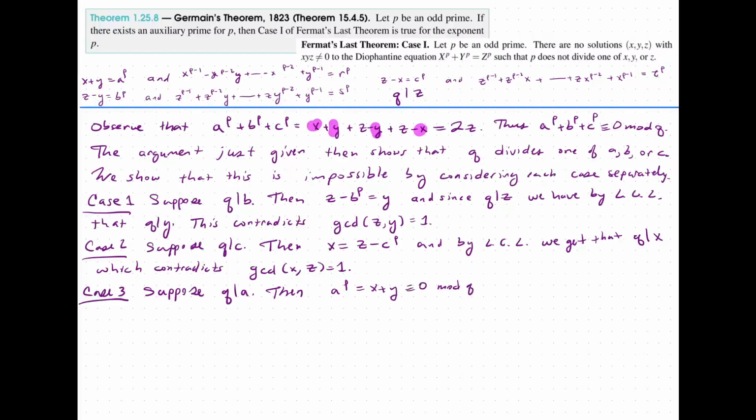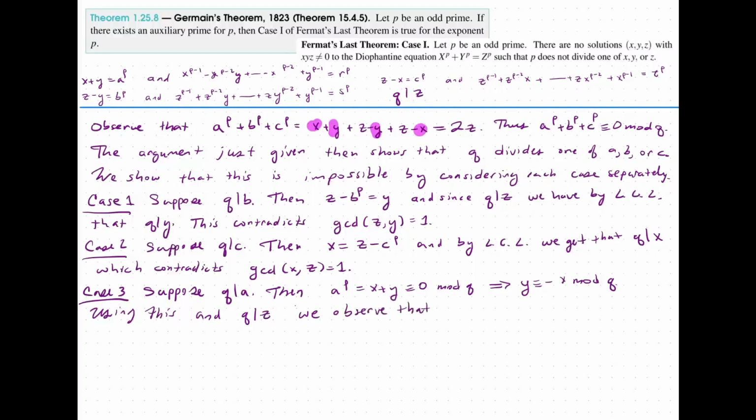But if that's congruent to 0 mod q, that tells us that y is congruent to negative x modulo q. So using this, and the fact that we know that z is congruent to 0 mod q, so q divides z,